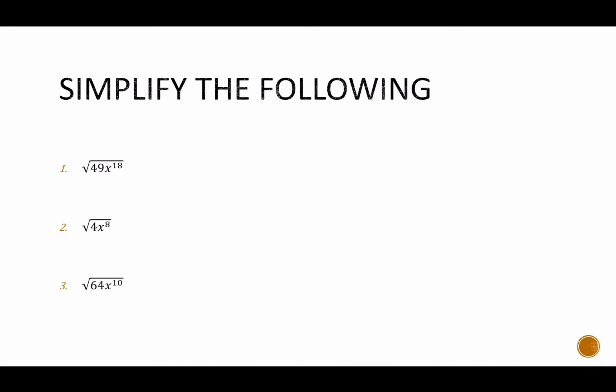Now we're ready to simplify square roots of perfect square monomials. So what I'm going to do is take the square root of the coefficient and then the square root of the variable part. So the square root of 49 is 7. The square root of x to the 18th we already said was x to the 9th. The square root of 4 is 2. The square root of x to the 8th is x to the 4th. The square root of 64 is 8. The square root of x to the 10th is x to the